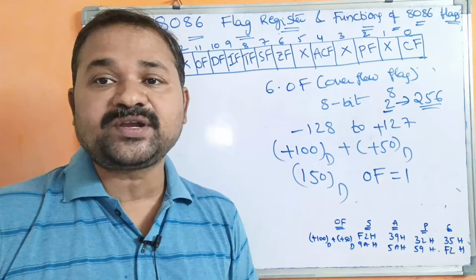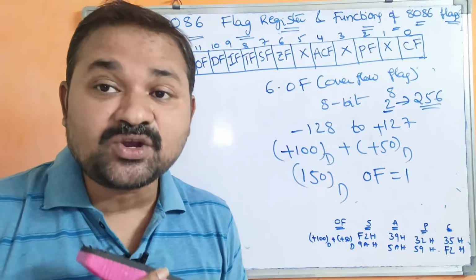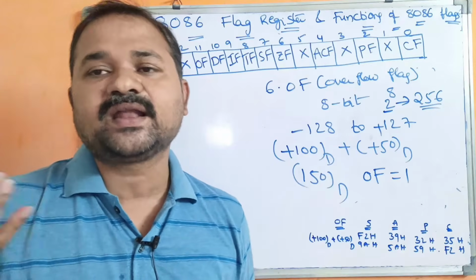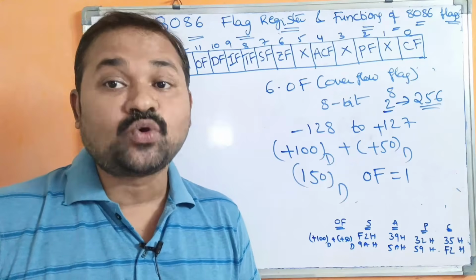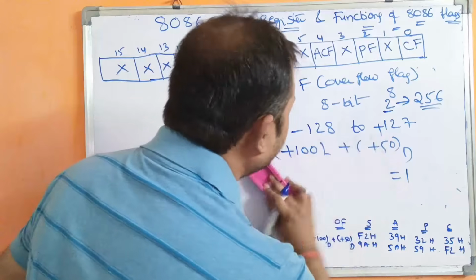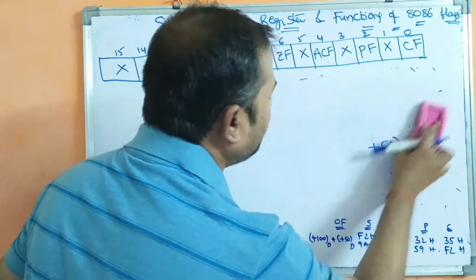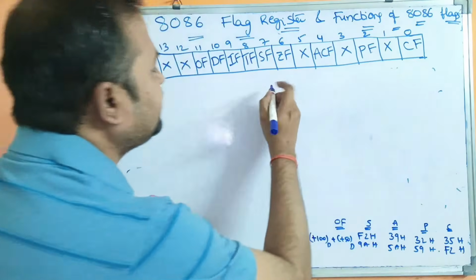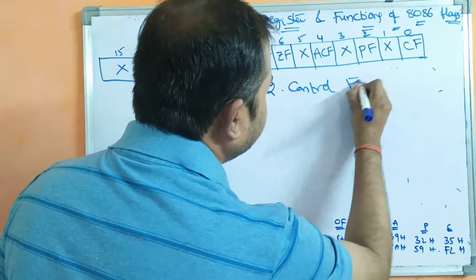So this is about conditional code flags, which can also be called status flags, or general flags. Whereas the second one is control flags. Conditional code flags are generated while the ALU is performing some operation, whereas control flags are generated directly by the processor. So the processor controls these flags.